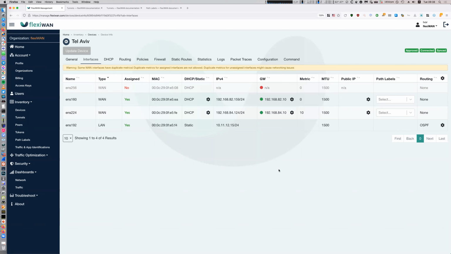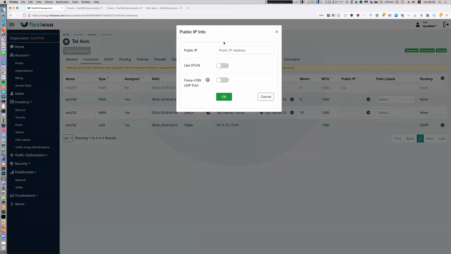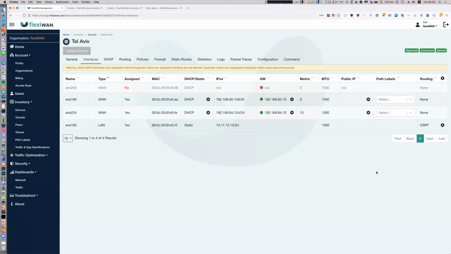And there is no public IP at the moment, but you can quickly see that you can even manually add or configure a public IP address here if it's not detected. But at the moment we have disabled this because it's a lab environment. So right now we have two WANs here. Each of the WAN interfaces has a private IP, which indicates that this is behind